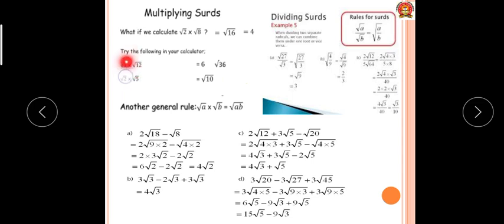3 into 12, that is 36, it will come outside as 6. 5 into 2, root 10. Okay, very simple. So multiplication and division are simple. Just for addition and subtraction, remember that we can perform addition and subtraction on like surds, as well as the radicand should be the same. So all these examples you have to write down in your notebook. Tomorrow again I will explain many examples on like surds, on addition, subtraction, multiplication and division.